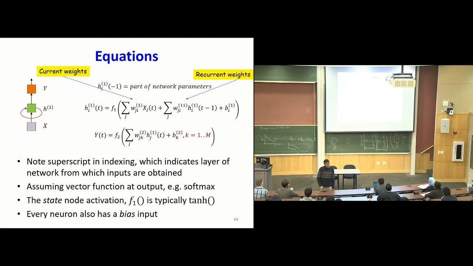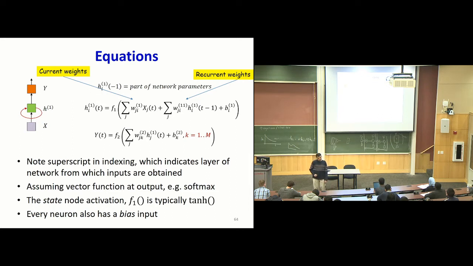This is the simple model with one hidden state, right? So there are two kinds of weights over here. One is the set of current weights, which is to say the weights that go directly up the connection, where the variable at any time shows the dependence on other variables at the same time. So those are the current connections. And then you have the recurrent connections, which show the dependence of the variable at any time on variables at previous times. So here, for example, you have 1 and 2, two sets of current connections and one set of